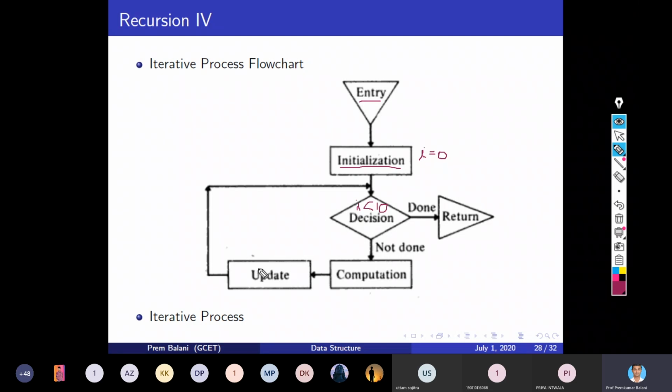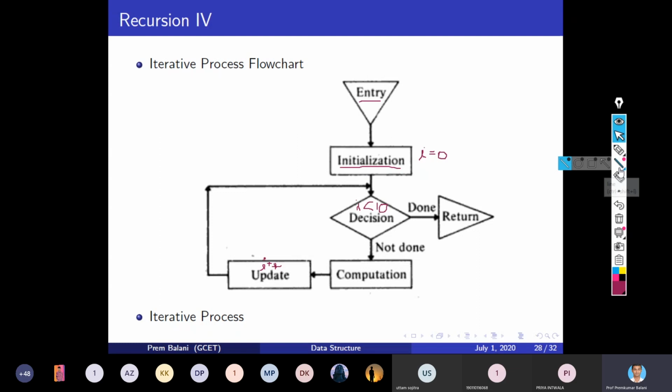Update means I plus plus. Right, this is the update, and this is the computation. And when I is not less than 10, then return to the program. So this is how iterative process works if we look at it in the descriptive way.